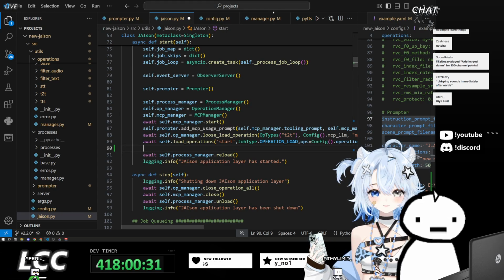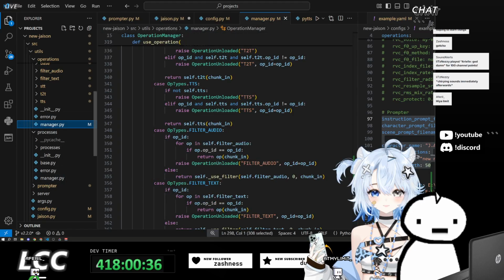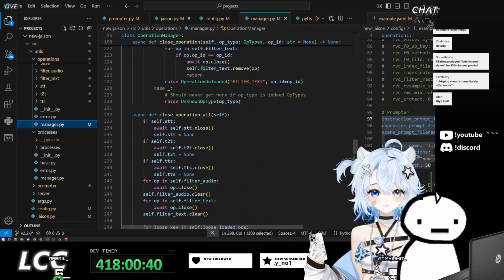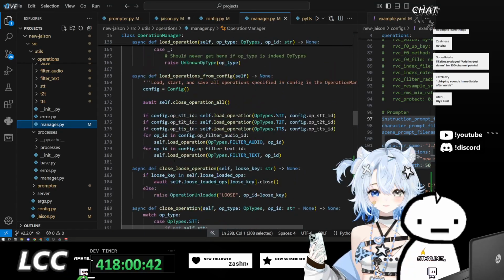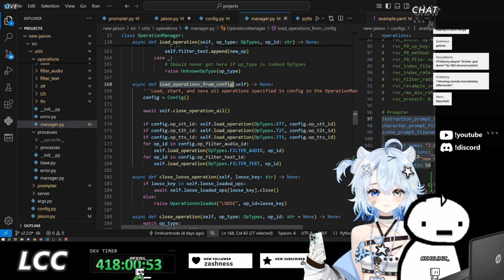I swear we have a load operations from config method. Load operations from config. Yeah, what? Oh, but this is using the old config. Okay.